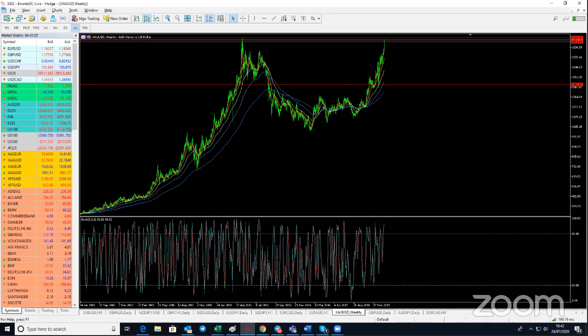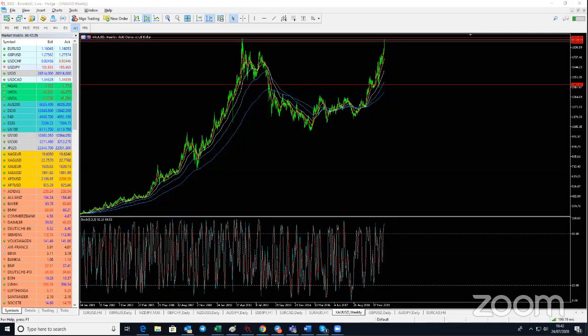Give me a second, guys. Okay, so we have got the cup pattern. This is the mouth of the cup area right there. I have indicated the mouth of the cup with the two red horizontal lines. So we're expecting it to come downwards.